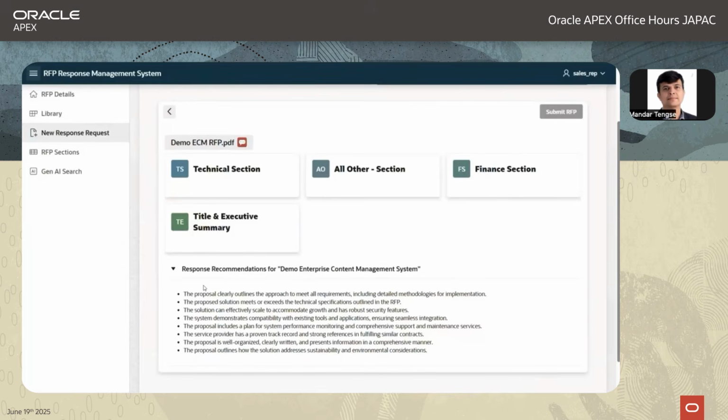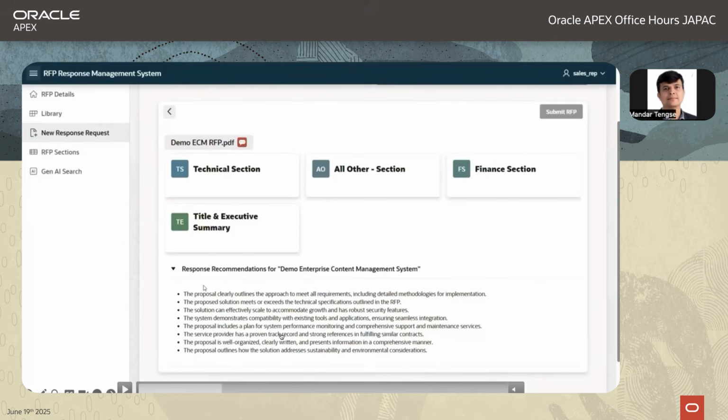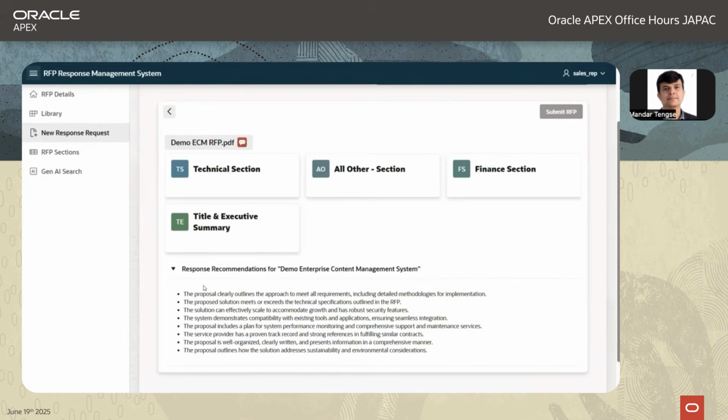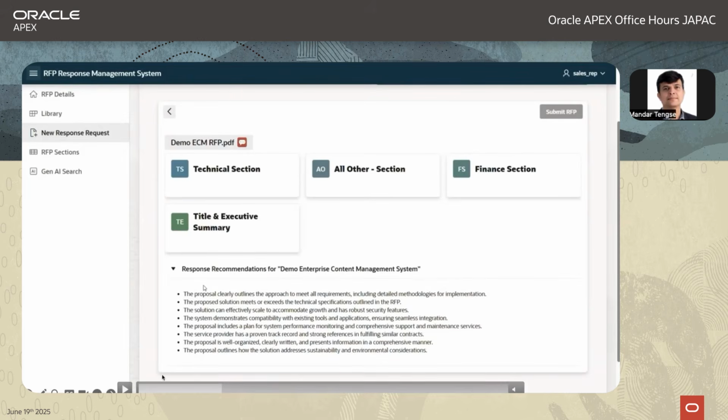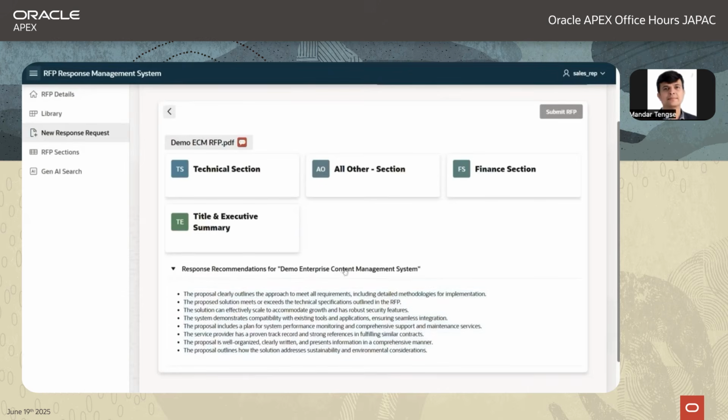And so accordingly, he selects section. There are some items, if you see here, it talks about proven track record, strong references. Now, this will not go into a particular section, so he's going to select all other sections here. Whereas there is something about methodology, implementation information, so all will go in the technical section. In the finance section, will be surely covering pricing. And that way, basically, all the sections are identified, and he plans for